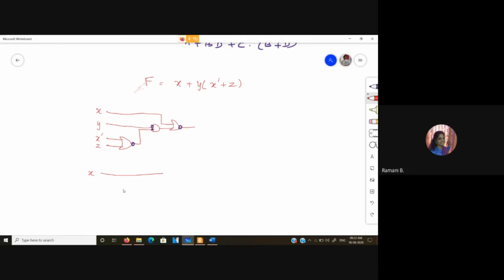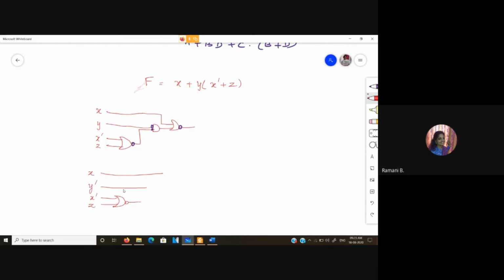Next, coming to the second one, I have this y with a single bubble. So I need to invert this. So that will become y bar. And here I have cancelling bubbles, so I won't bother about this. So this is going to be an OR gate with inputs x bar z.